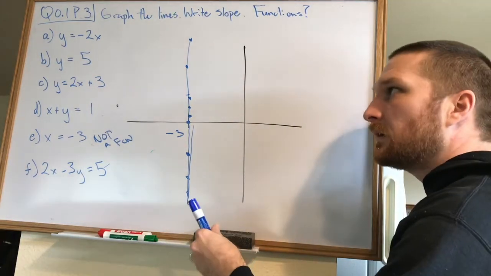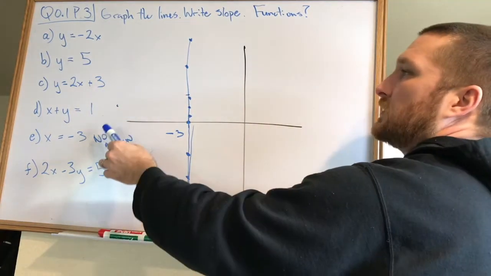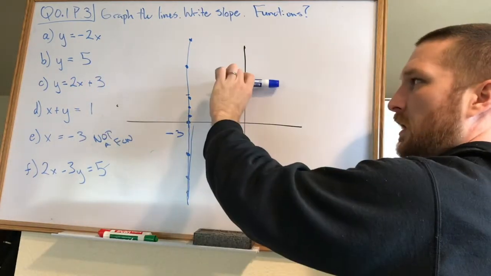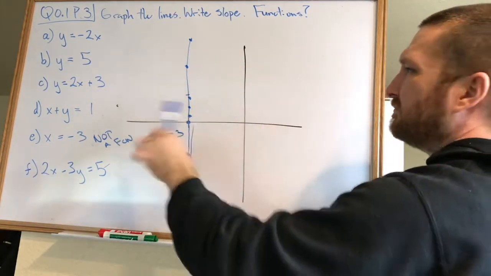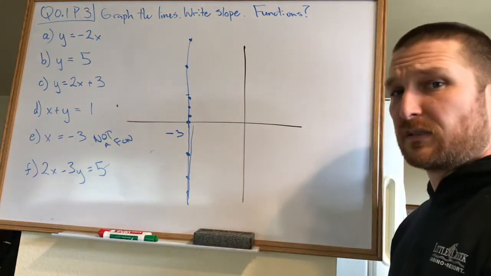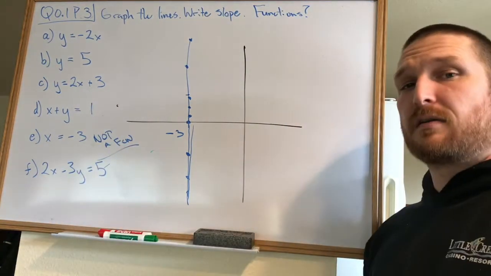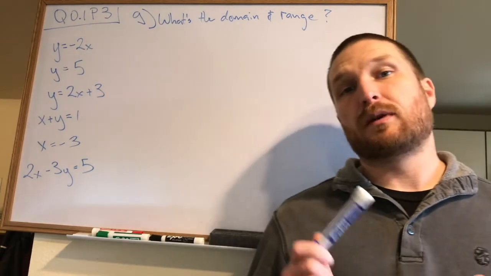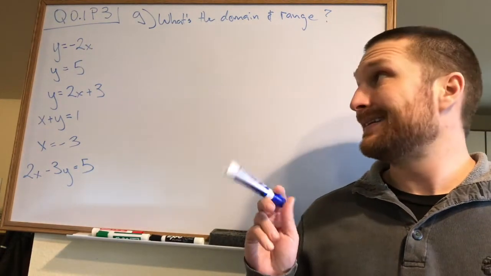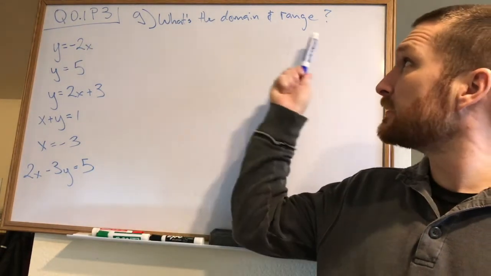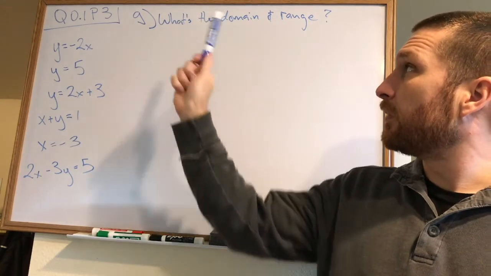Just like I said a minute ago, this one is a function, that one, even though it's horizontal, is a perfectly good function. All of the other ones are perfectly good functions. The only one that's not a function is that guy right there. I realized that when I recorded this yesterday, I did not include the last part of part G,